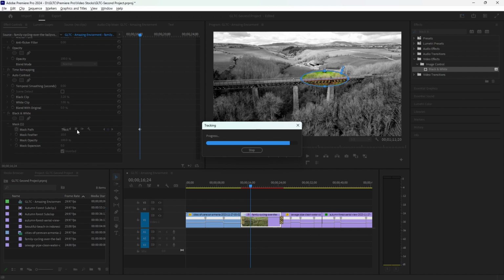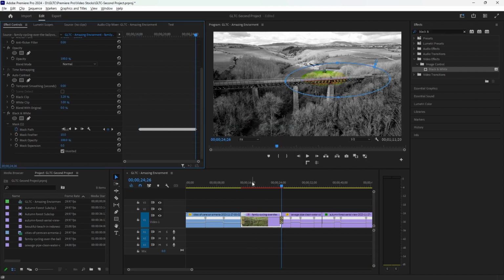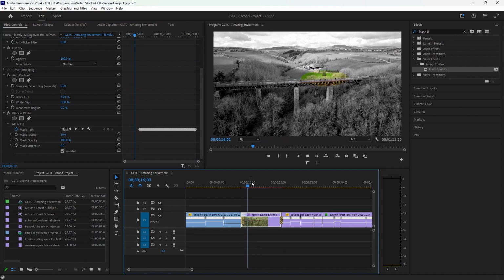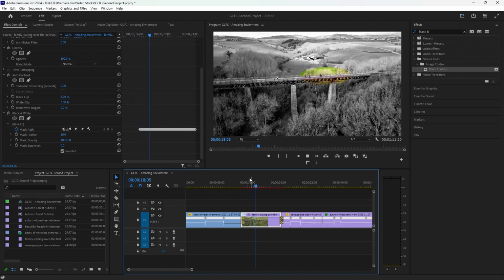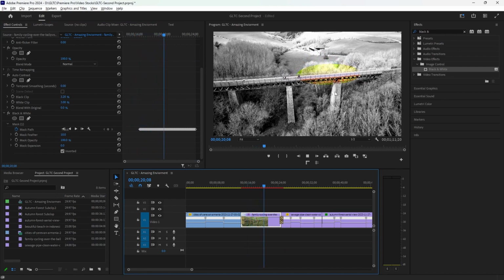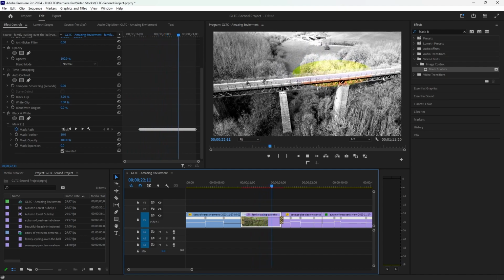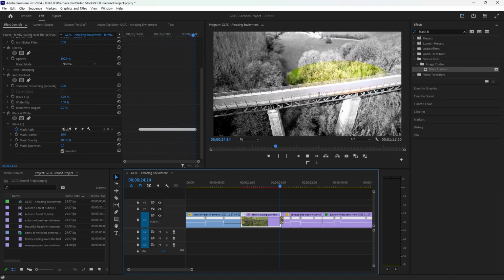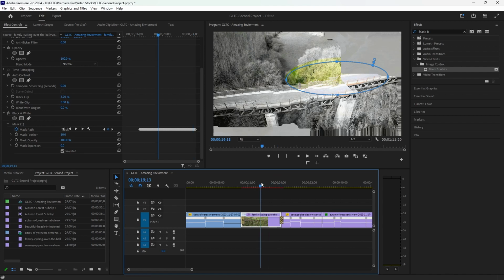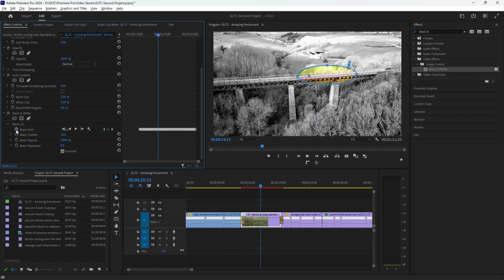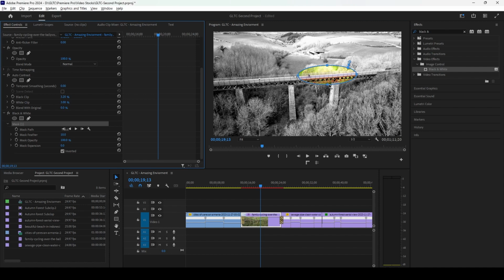So as it finishes, you'll see the tracked video of it. As this increases, only the part where the people were stays yellow, the color that it always was. So I will just delete this mask path because I don't really want it right now, and I will set the size of it back to what it was before. So like this, it was like this, right? Put it over in the middle,